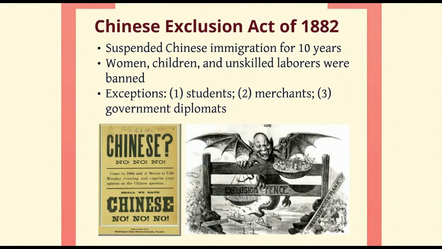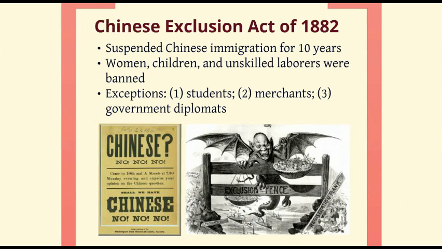So all these smaller, lesser laws are eventually going to brew over, and we're going to get the culmination of this big one known as the Exclusion Act of 1882. So what it did, a couple of things. First of all, it suspended all Chinese immigration for 10 years. That was the original goal. Later on, this law in 1892 will be extended for 10 more years. Okay, and then in 1902 it will be extended again, and eventually this law will be extended to be permanent.